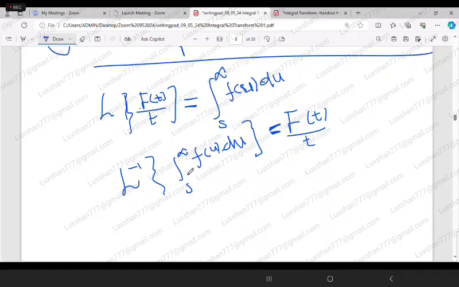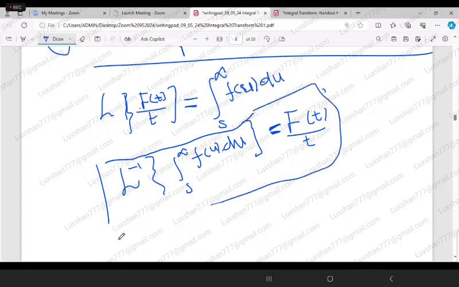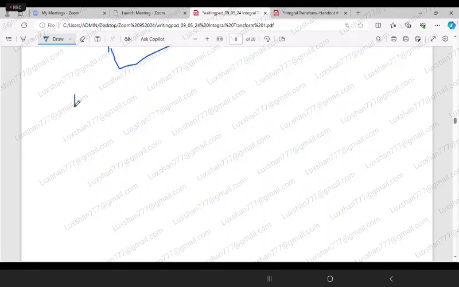So if you want to find the inverse Laplace transform of an integration, simply what you have to do is divide f(t) by t. Okay? So this is very simple and very straightforward. You can easily understand. This is directly coming from the definition of the Laplace transform when dividing f(t) by t. Okay, so if you have an example for this,